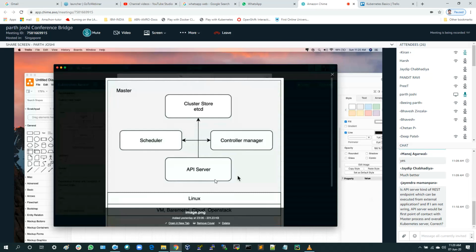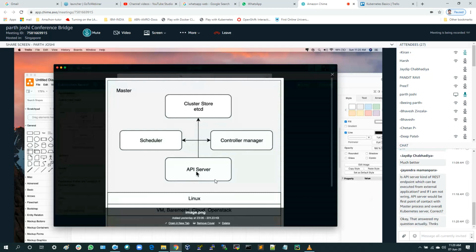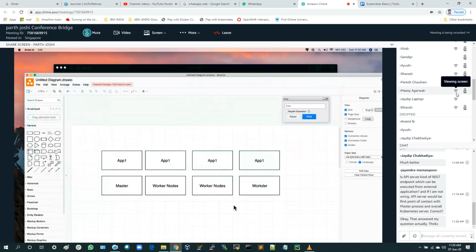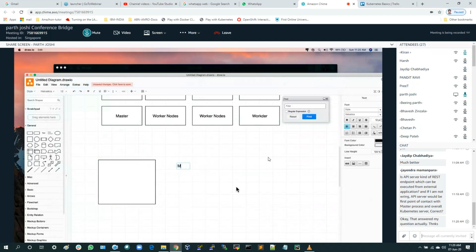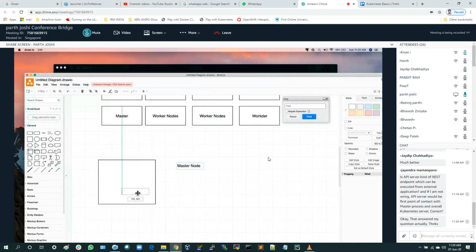In fact, that's what I'm saying, that API server is a kind of an endpoint that's going to talk to the rest of the thing. So to be more precise, I'll just explain how this is happening. Let's say this is your master node. This is your master node, right? And this master node